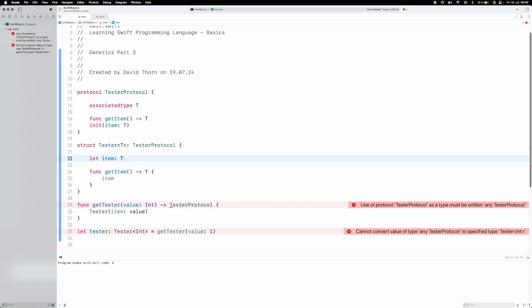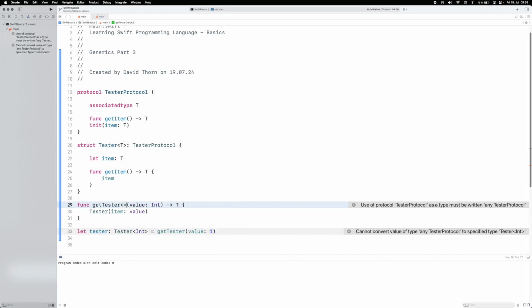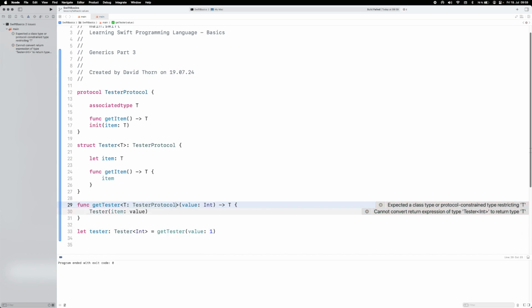So now we just need to say, hey, we want something returned that is of type tester protocol. So let's just move the type to get tester, and let's say, hey, this T must conform to tester protocol. And when we run this now, you're like, well, wait a minute, tester does conform to tester protocol, but at the moment it's not generic because we've got this value here, right? And this value needs to come in this tester, and right now we are integer, and integer doesn't match type T, so we have to find,